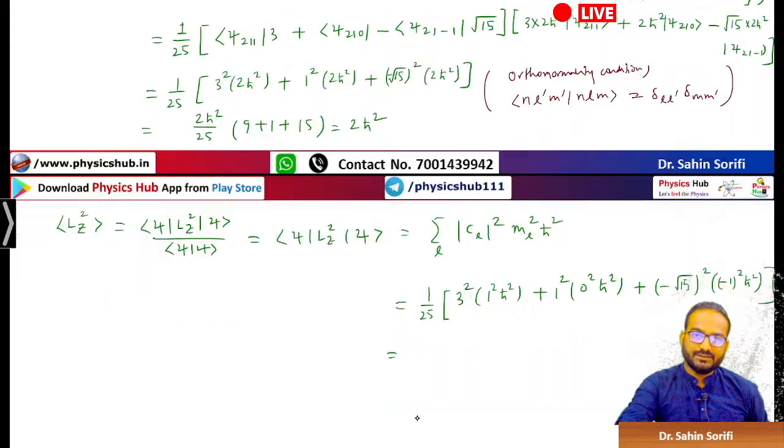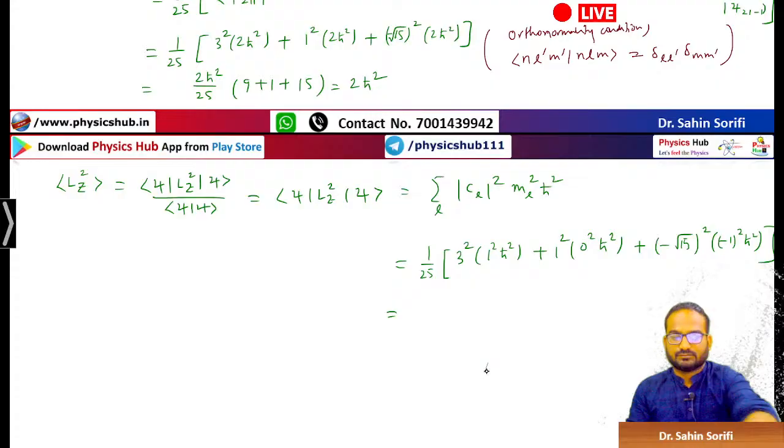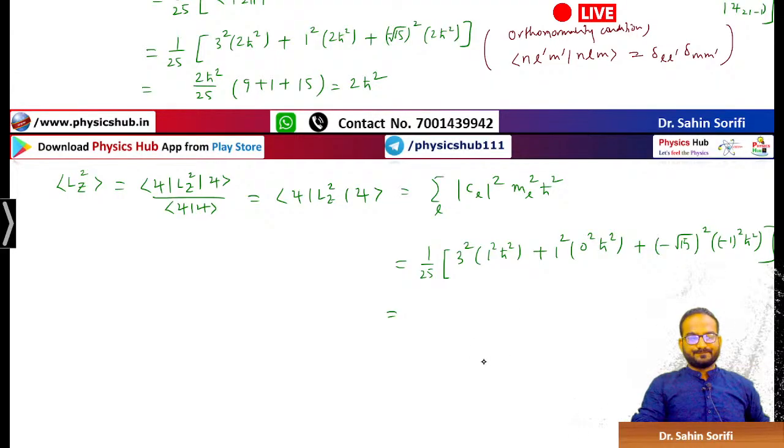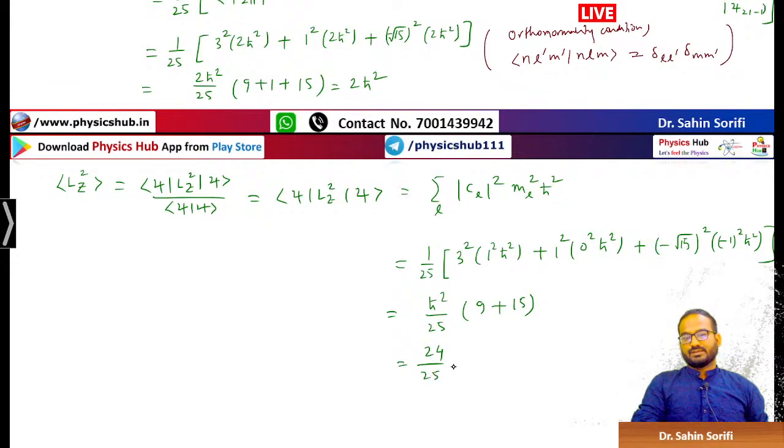So how much we are getting? 9ħ² by 25, ħ 9, and from here it is 15. 24 by 25 ħ², and hence we are writing that Lx² plus Ly², the expectation value